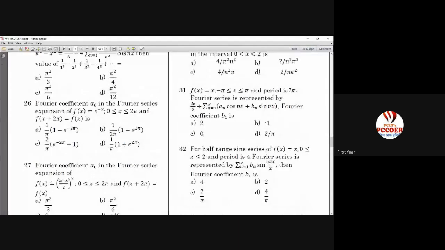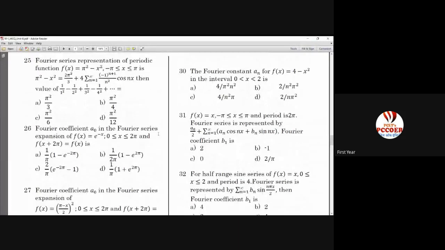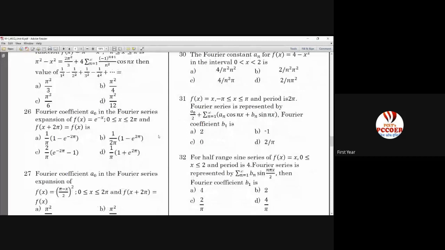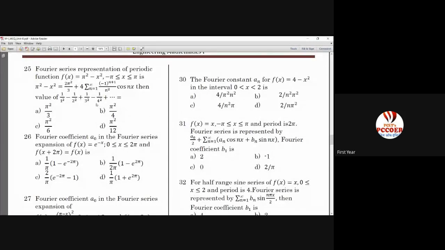And how much time does it require when you know the concepts properly? It will take hardly 10 seconds. But if you don't know, then you'll have to solve it slowly. Also, even if you know it and you feel that the answer pi square by 12 is correct, please read the question entirely if time permits at the end.